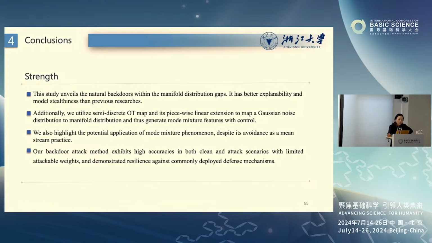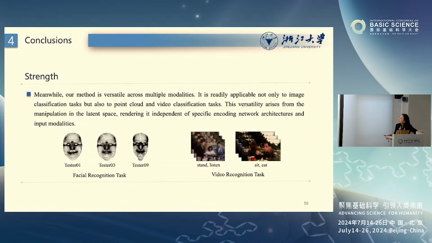So our vector accuracy in both clean and attackable demonstrates against a common defense. And also